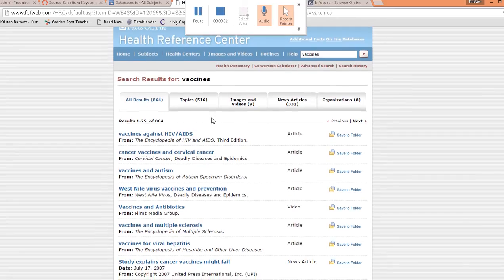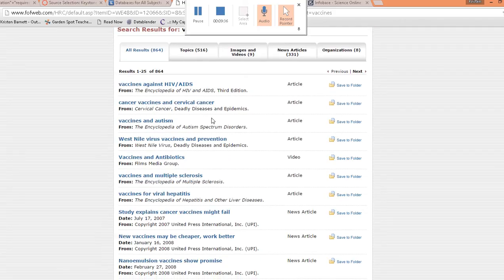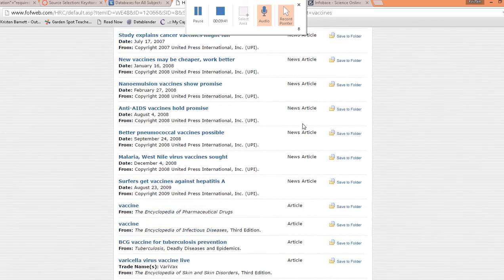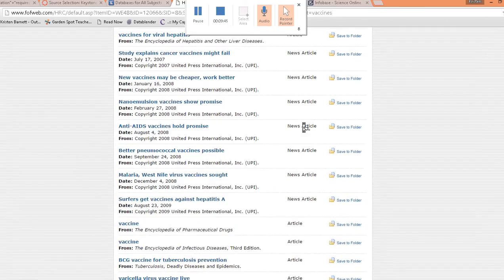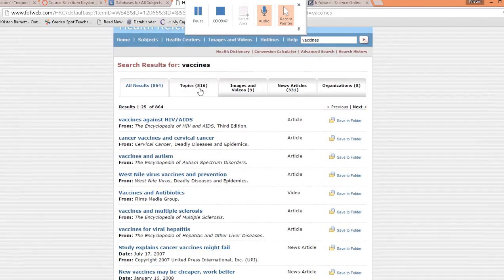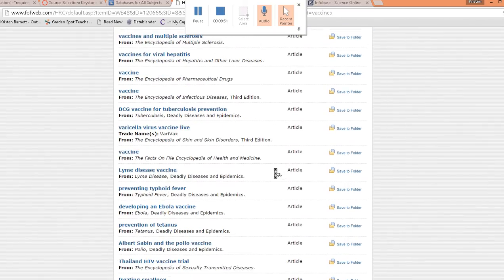And you can limit your search in a lot of ways, by date or by topics. It says what it is. A lot of times it gives you the works cited that you would use already. So you can limit your search in that way.